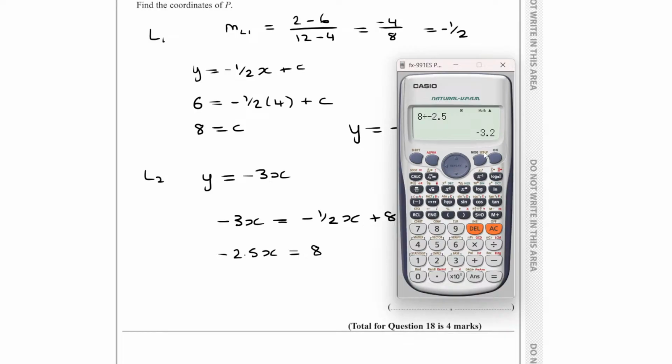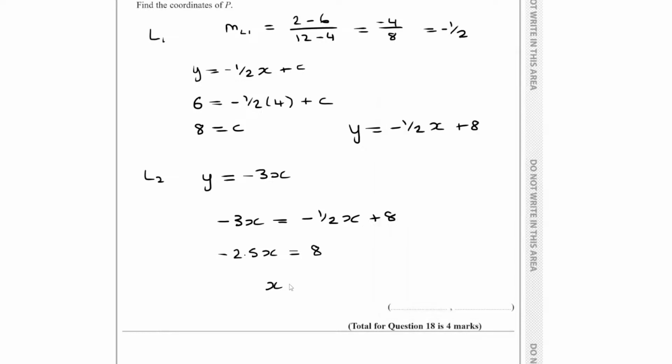You can leave it as a fraction, or you can put it as a decimal, minus 3.2 or negative 16 over 5, whichever you prefer. So x is that. Obviously, to find y, again, just the same as the previous question, just go back and